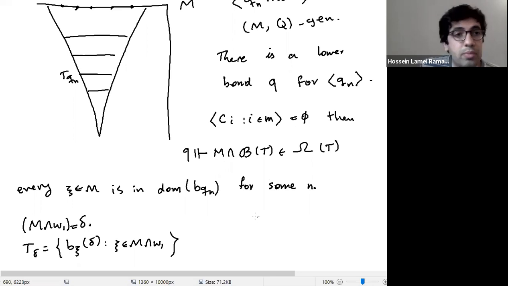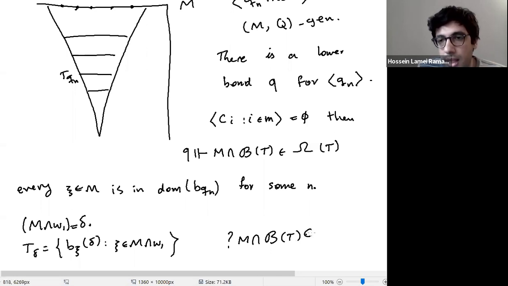And this means that M is going to be in omega, but what we mostly care about are the M's which are in gamma, because we want to make sure that the ultimate set of branches in the extension is going to be a large set, that's going to be non-sigma well ordered. So the question is, how can we make sure that M intersect with B-T is in gamma of T? So we want a condition which is going to force that. In fact, we're going to work on different kinds of lower bounds for this.